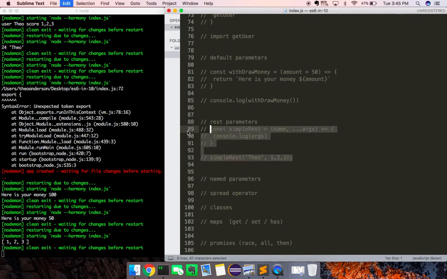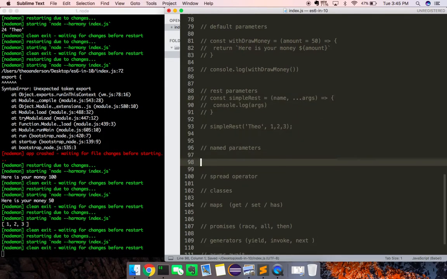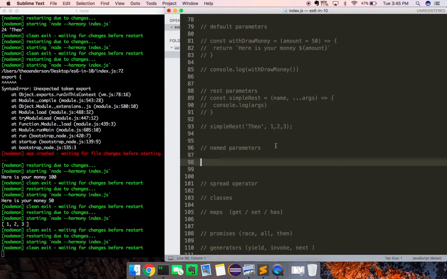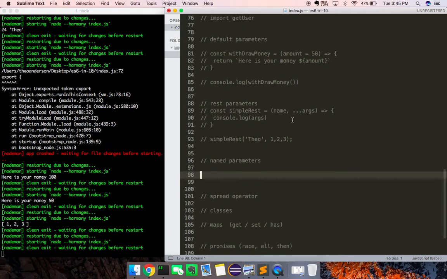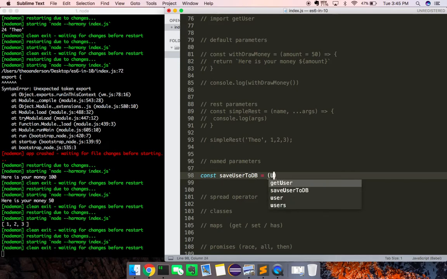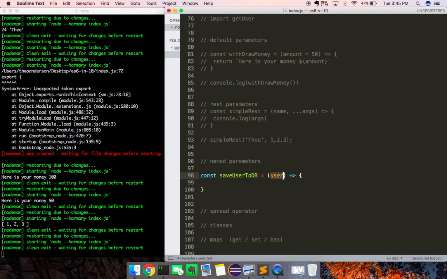Cool. Alright, so let's look at named parameters. A good way to think about this is sort of going back to the default parameters, but we are sort of destructuring out. So say we have a function called saveUserToDB, and instead of just taking a specific user, and we need to do a lot more validation on it, right? Perhaps just the way we have our application structured, I'm going to destructure these arguments out of user,